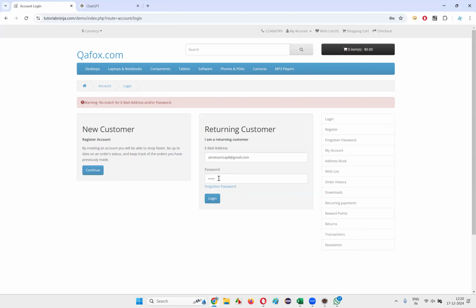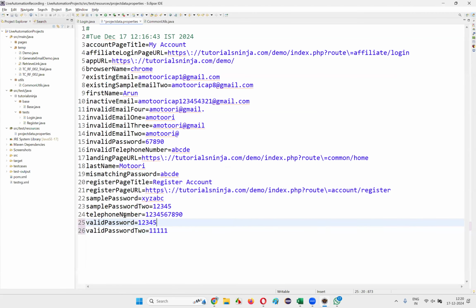1 1 1 1 1 here. Okay. 1 2 3 4 5. Click on login. Will it work? Yes, one of the passwords will work. That's okay. Now,